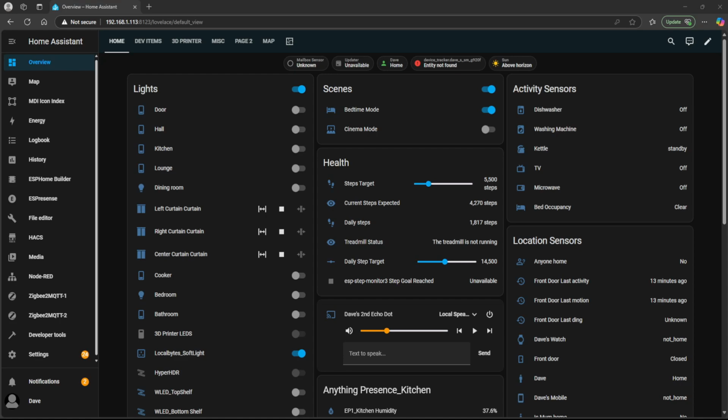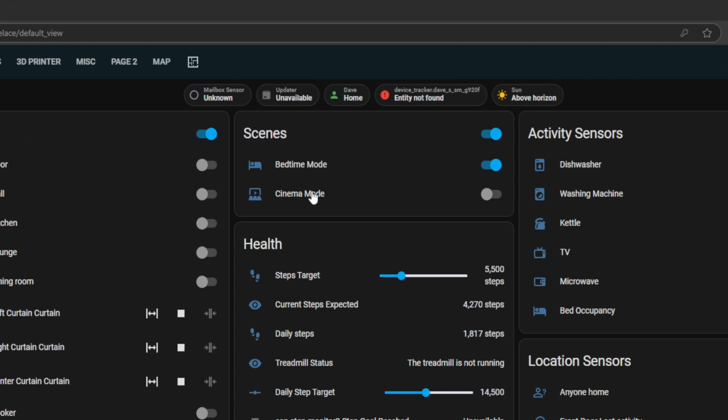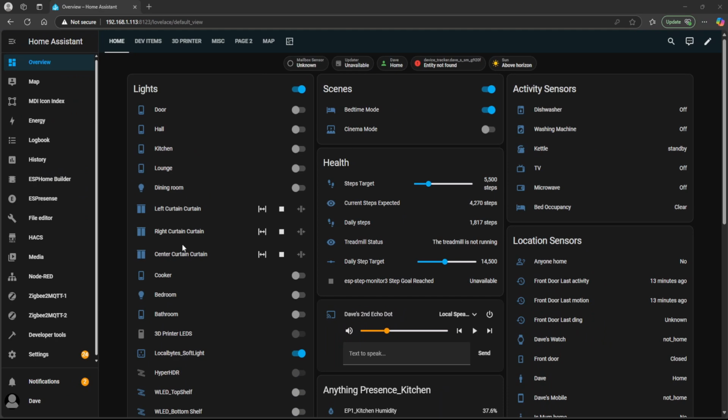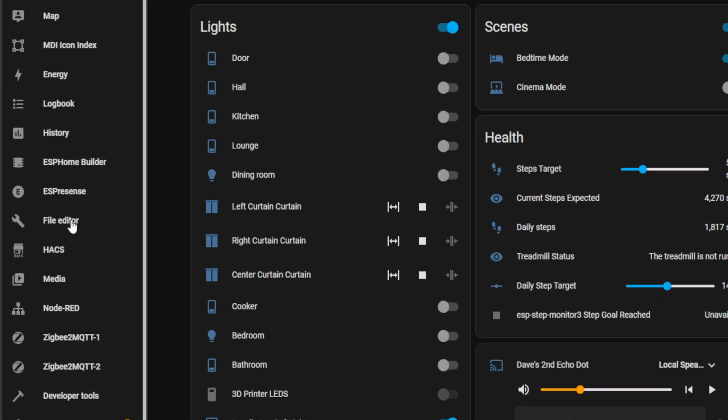We're going to start off by creating the input booleans. You can see here I've got bedtime mode and cinema mode, so I'm going to be creating those two and an additional one. If you go to File Editor,